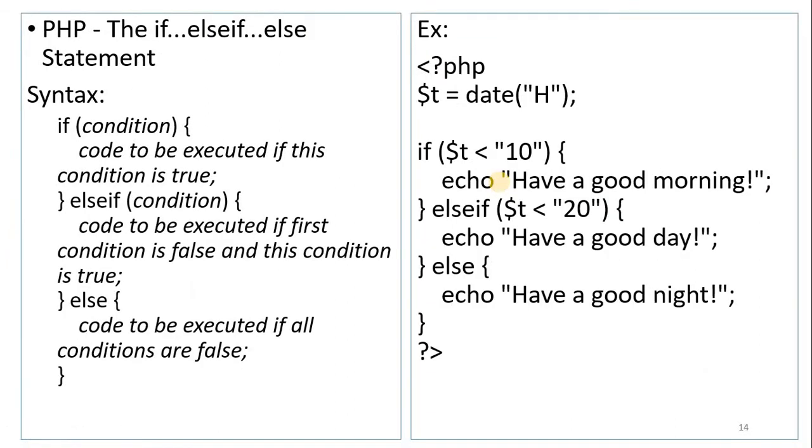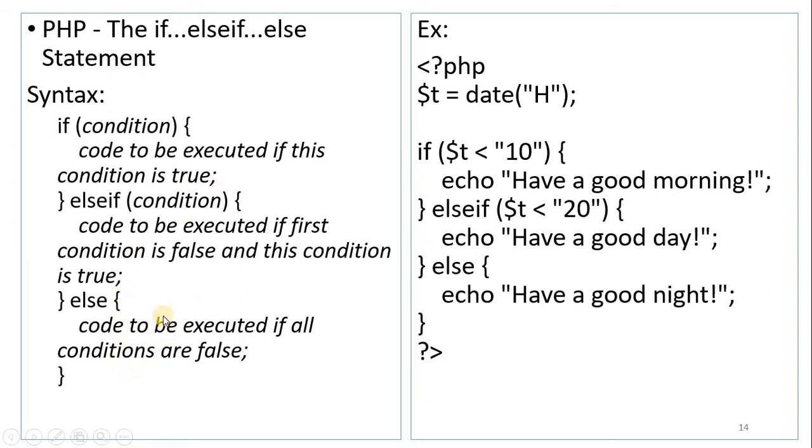Next one is else if ladder, you can say. So if, else if. So here we can have multiple conditions. Depending upon the condition, the statements are executed. So first condition you are going to specify here, if condition. If this condition is true, then the statements which are present inside these braces or this block are executed. If this condition is false, it will check the second condition in the else if, and if this is true, then the statements which are within this particular block are executed. If this condition is also false, then the else part is executed.